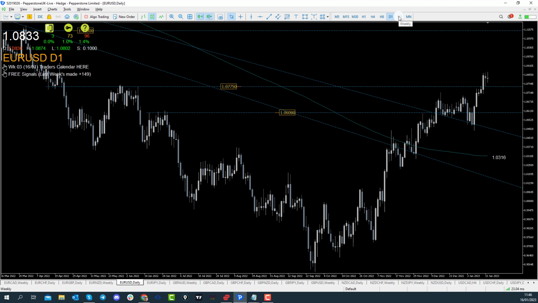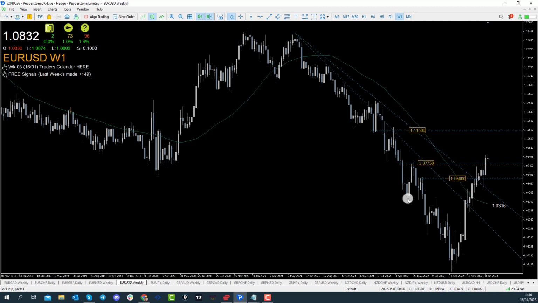Now, what I do like about euro US dollar, if I just jump up to this weekly time frame, is the fact that we're now trading above these previous structure highs. If I just grab a pen tool a second, you can see here these highs around about the 1.0775, where we saw quite a significant sell-off in the market. Prices returned back to this level, and we haven't seen any sellers re-enter the market at that point. In fact, price broke and closed above on the weekly time frame, which to me suggests that we could see some further upside to euro US dollar, potentially into the next level of resistance, which we have marked out at